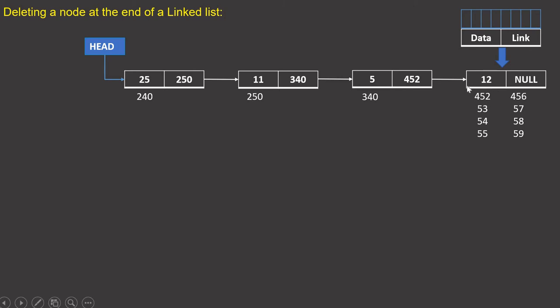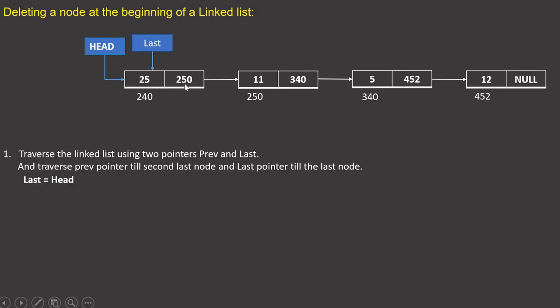What I just want to know is whether it's the last node or not. I can simply write node link should have the value null, because null means there is no other element further, or you can say there is no other node, right? So I will start traversing from the beginning because you cannot access the last element directly.